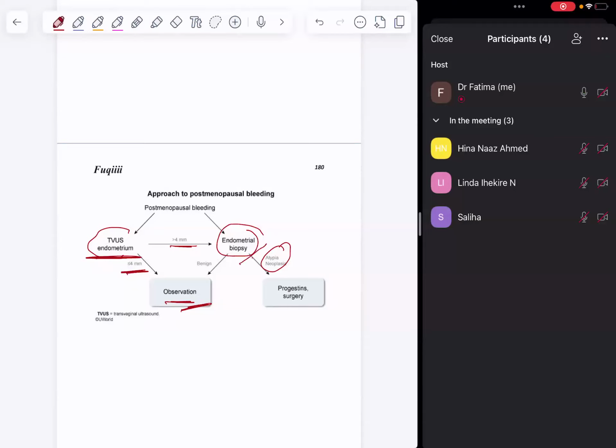If you are confused about when we are going to do endometrial biopsy straight, we can go and do endometrial biopsy straight if the transvaginal ultrasound was already done and the size of the endometrium is increased and now the patient is on follow up, or if the patient is having bleeding for a very